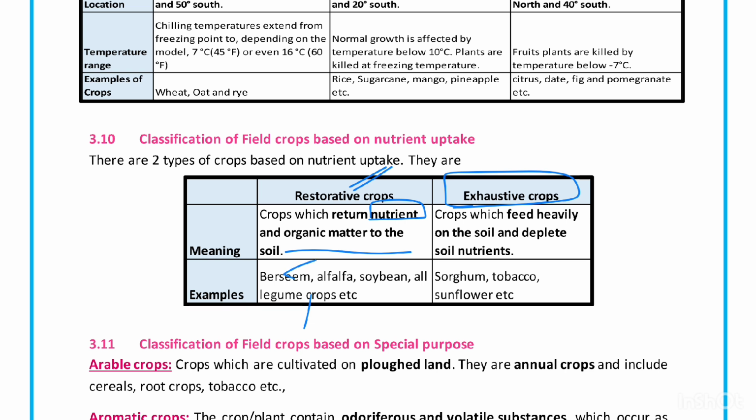Examples are legumes, alfalfa. Exhaustive crops, on the other hand, feed heavily on the soil and deplete nutrients in the soil and do not contribute to replacement. Examples here are tobacco, sorghum, and sunflower. All the cereals are examples of exhaustive crops. Clear? I hope you now it's clear that